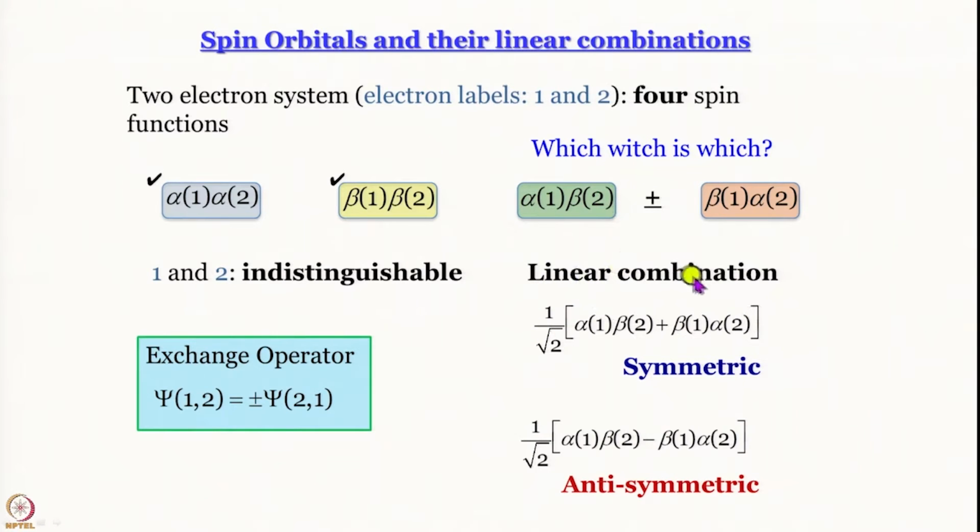So, you must take linear combinations, and linear combinations can be taken in 2 ways: symmetric with respect to exchange and antisymmetric with respect to exchange. Symmetric or antisymmetric with respect to the exchange operator. So, we see that when we talk about spin orbitals, we can have symmetric and antisymmetric spin orbitals